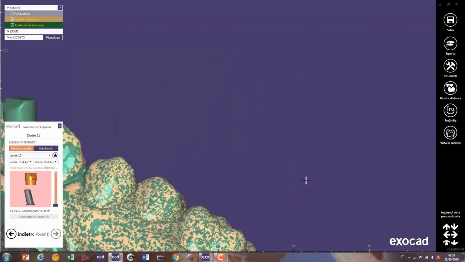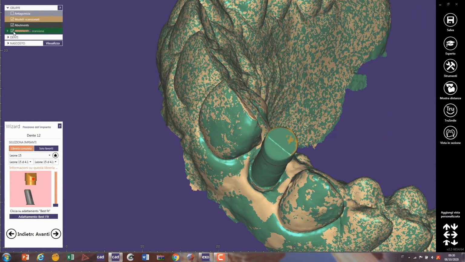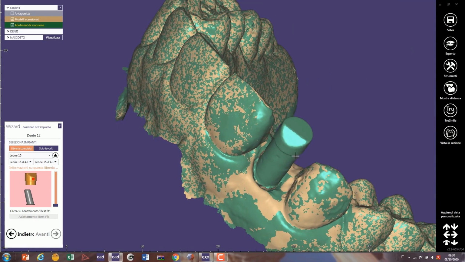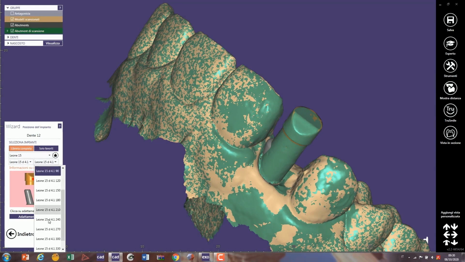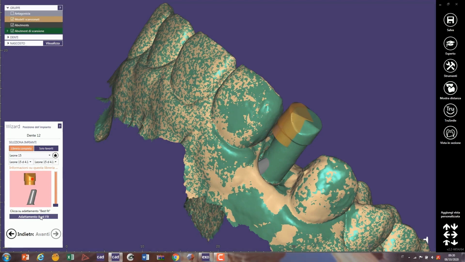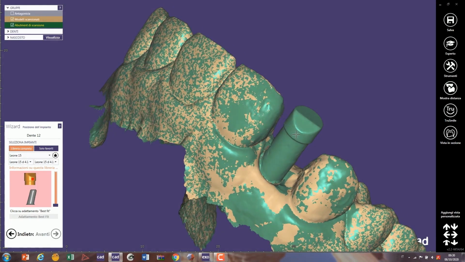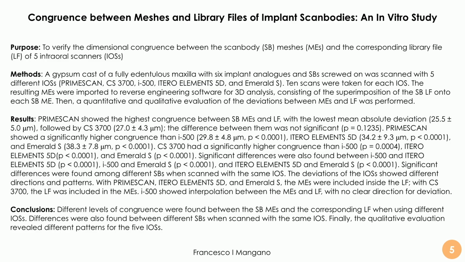And this superimposition can be performed at best only if there's a high congruence between the library file and the mesh of the implant scan body. This step is critical, but dentists usually don't know anything about it, because in reality this step is performed by the dental technician. The dental technician should identify at first the landmarks on the scan body mesh, then launch the best fit algorithm inside the software, and then check if there is congruence or if it is missing, because we can have dimensional differences between the scan body mesh and the library, and this creates problems. So we performed this study in order to verify the dimensional congruence between the scan body meshes